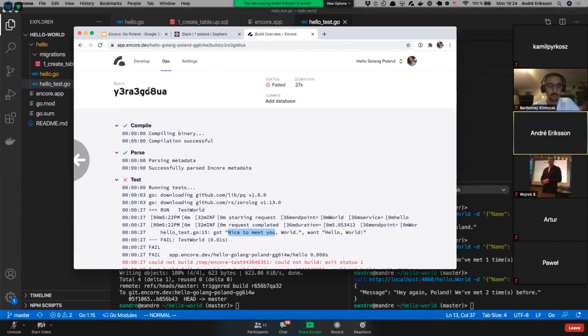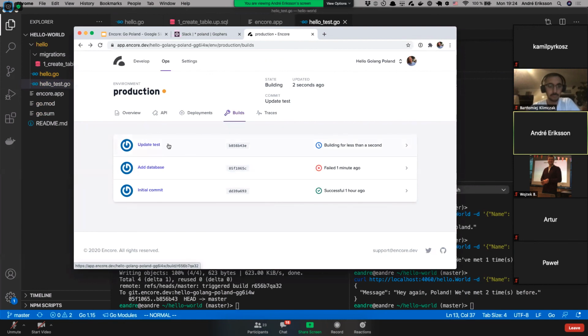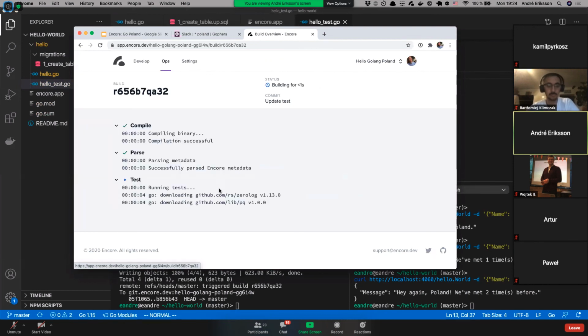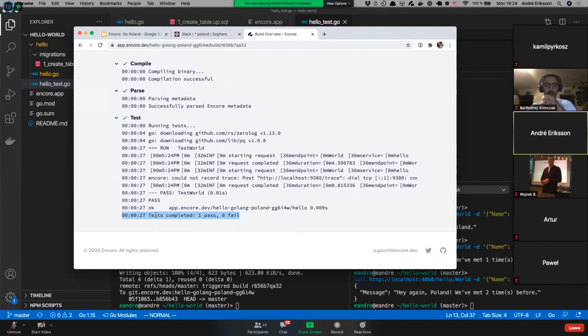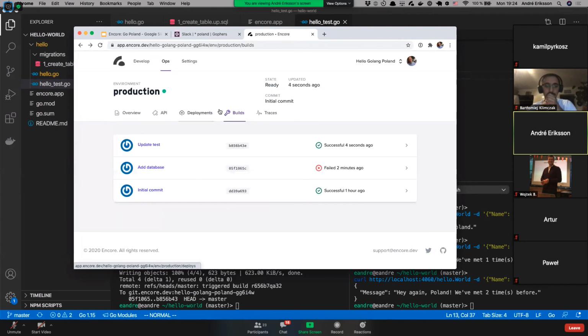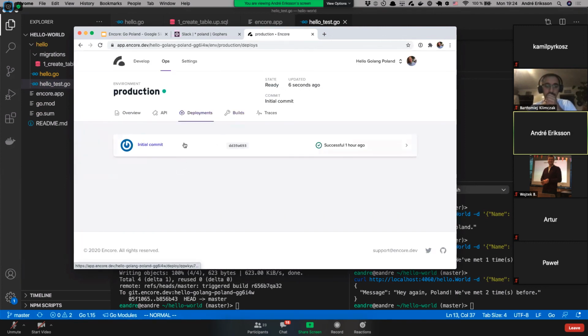Let's give this another go. We can see it's already building. Let's just wait for the tests to go through. There we go. So now that the master build went through,